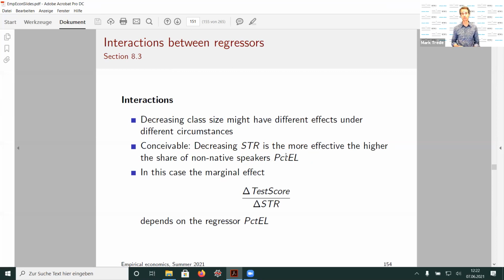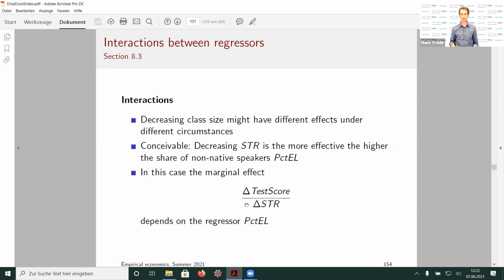So that's a conceivable assumption, but this would not be compatible with the multiple linear regression model, because in the multiple linear regression model, the marginal effect is always and everywhere the same. So if we take into account the possibility that the marginal effect of the class size depends on other circumstances, then the marginal effect, which is written here, so the change in the test score relative to a unit change in class size,